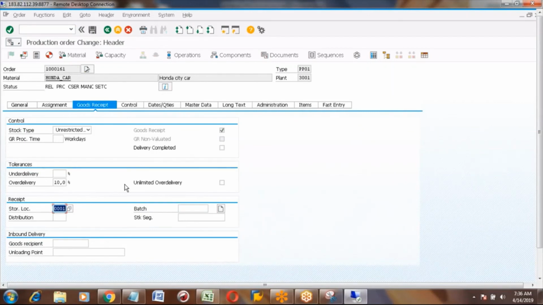But goods receipt is not processed yet, and it's showing a check mark here. No, for this order you will do the goods receipt. This tick mark is not for already done. This tick mark is relevant for your goods receipt. That is the meaning. We have not done it; the system automatically generates this tick mark.